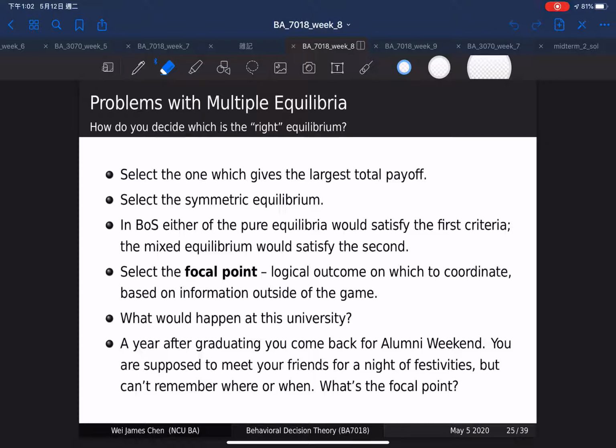Okay, the idea here is that among different equilibria, we would like the result to be the one that has the highest total payoff. Okay, that would be optimal or preferred. And another way to think of this is to select the symmetric equilibrium. Okay, for example,